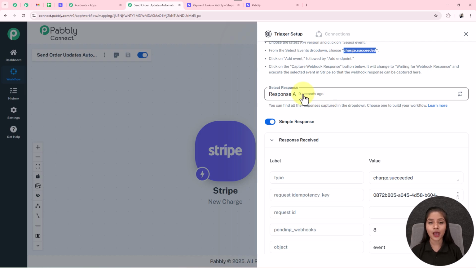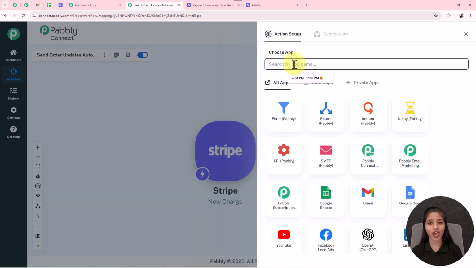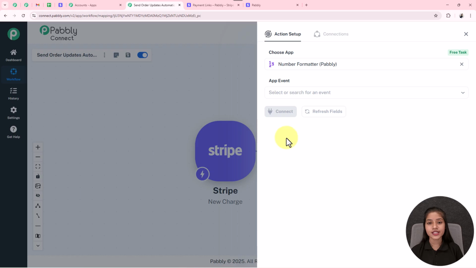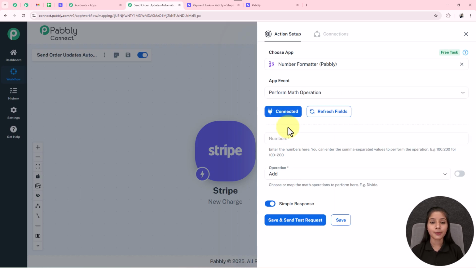That means our Pabbly Connect is successfully connected to our Stripe account. Now after that, in the next application, I'll take Number Formatter. For that, I'm clicking on this plus option, where I'm going to search the app as Number Formatter. Here I select it. After that, you have to select the app event as Perform Math Operation, because Stripe Payments